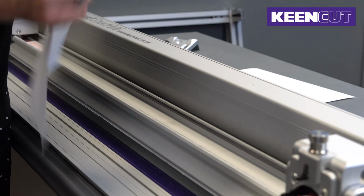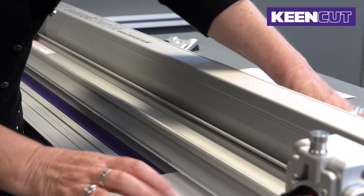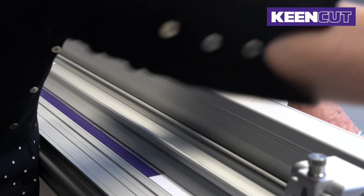And we'll do the same thing with the rough text polyester canvas. Again, just inserting it into the machine, that comes down,